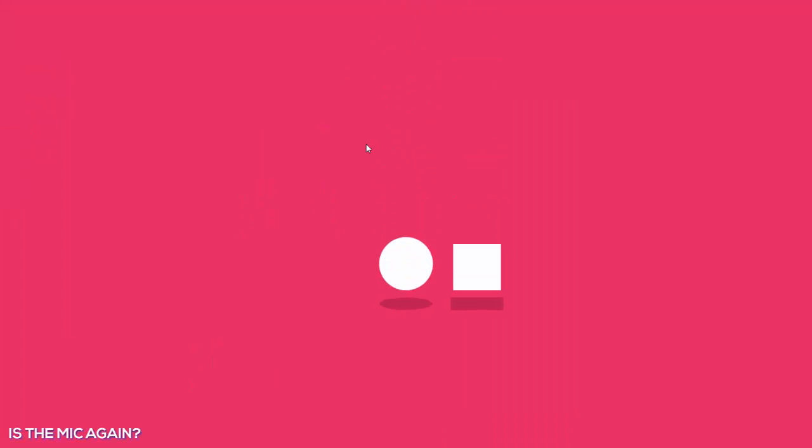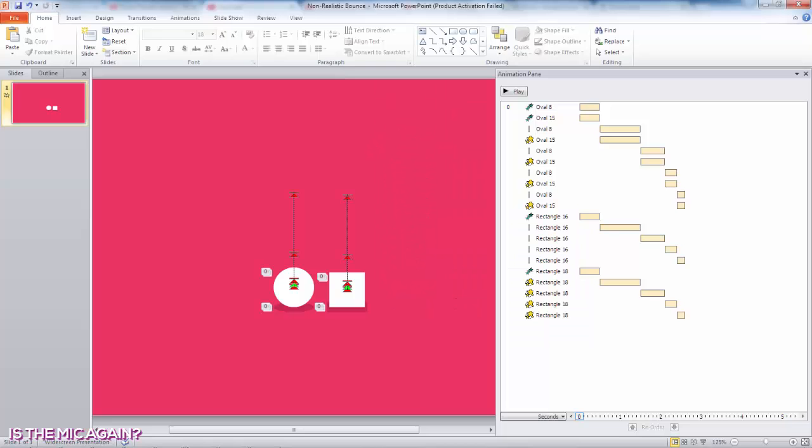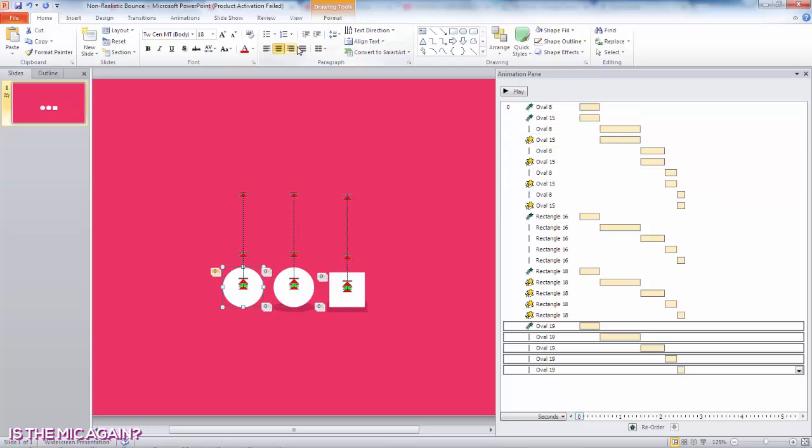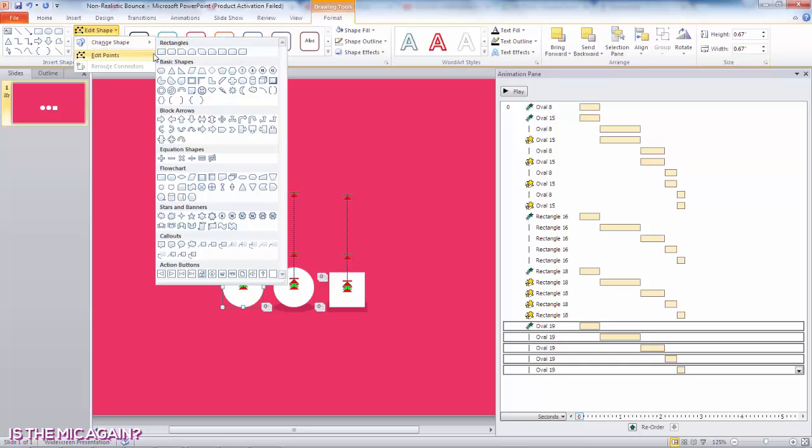There, so sensational. So you can do bounce realistically, non-realistically by doing this method. So this is the end of